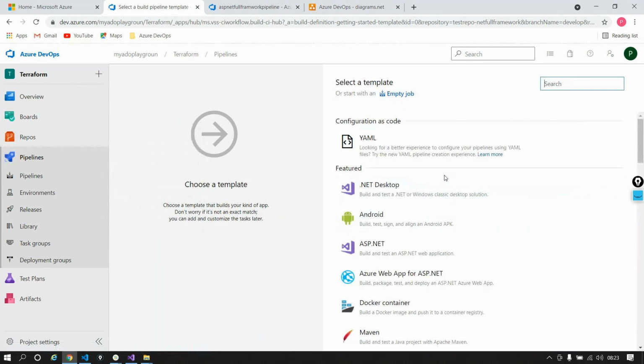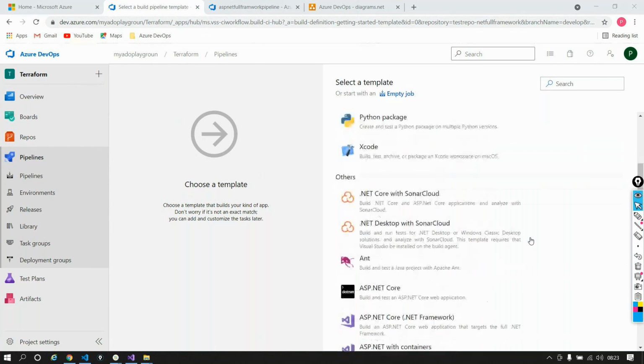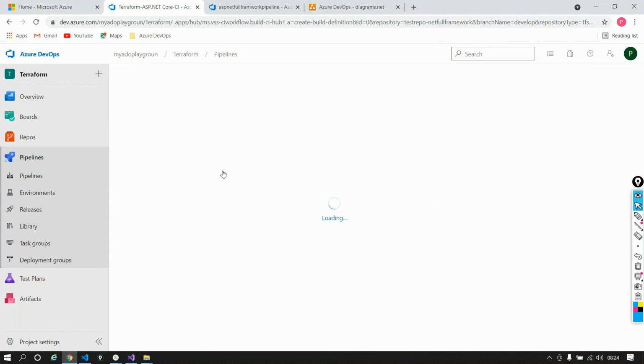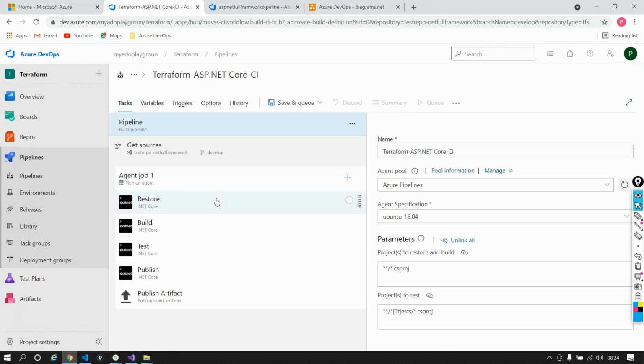And now yesterday, when you guys remember, we selected this particular template called ASP.NET Web Application because our code was in ASP.NET. Now I'll just come down and scroll here, and you have a readily available template for ASP.NET Core. So I'm just going to apply this, and it's going to give me a sample pipeline telling this is a .NET Core as such. So let me say this is an ASP.NET Core application,